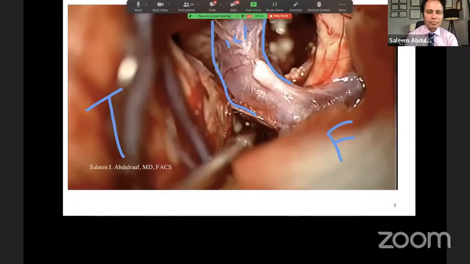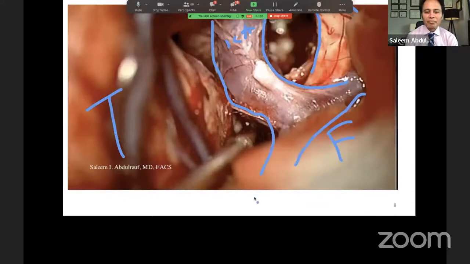ICA, okay. And this is our optic nerve here, becoming the optic chiasm back here. Okay, so that's oriented in this process. The carotid artery, as you know, will go on to divide into